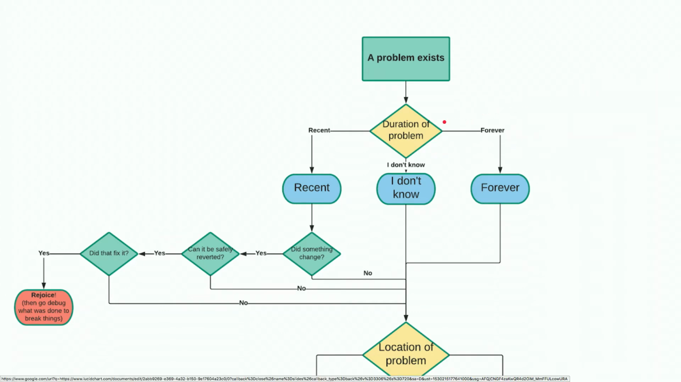So we're going to define the duration. How long has it been happening? Is it recent? Do you not know? Has it been happening forever? Did it never work? So we actually have a quick out on this flowchart if it was a recent problem,